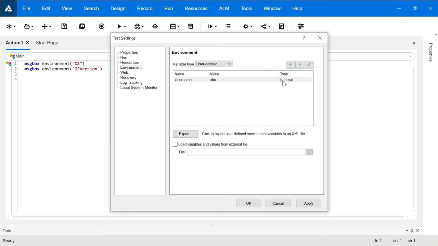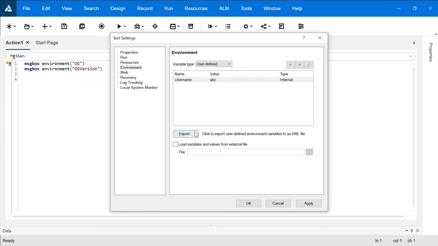Let's take an example. In order to import any user defined environment variable, you have to give the file name, that is an .xml file. It should be an .xml file. You can give that XML file's location over there, and it will be imported in your environment variable section. But right now I don't have any XML file which I can import. So let's first create an XML file and then we will import it. In order to create the XML file, why not we just export this and the XML file will get created automatically.